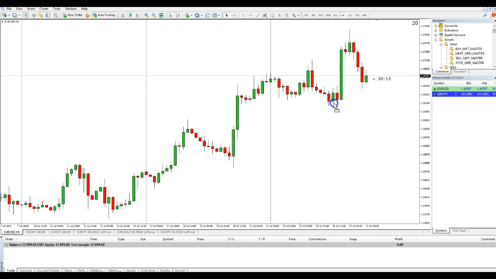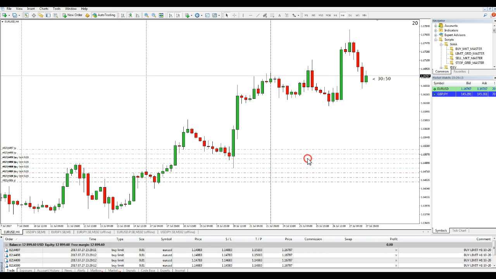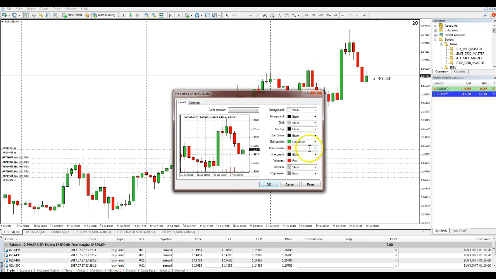Although I guess next time I'll just smash through it, because it's been there before. So we could buy this wick, say, like that. Now you see what's happened there? Maybe if I change the colour of these, oh god, so